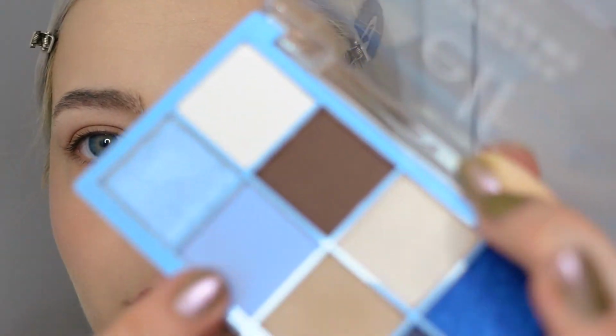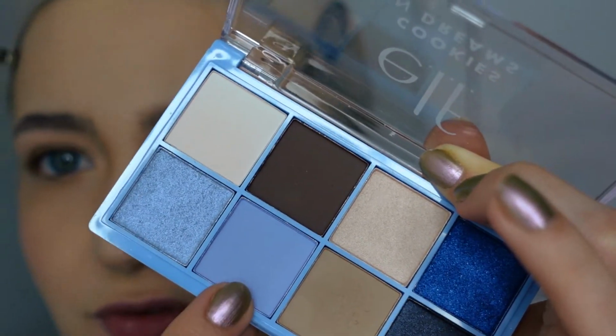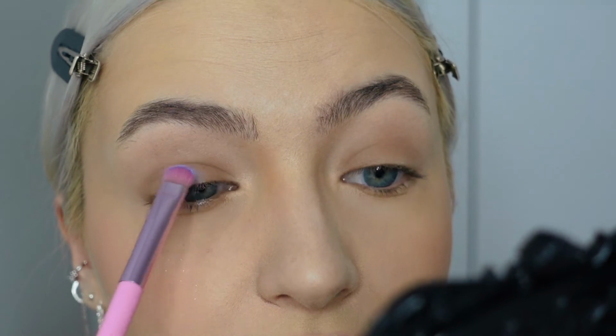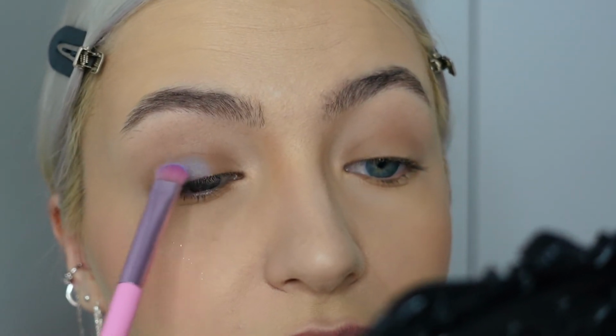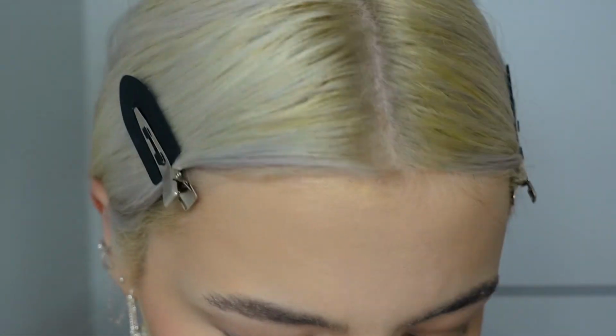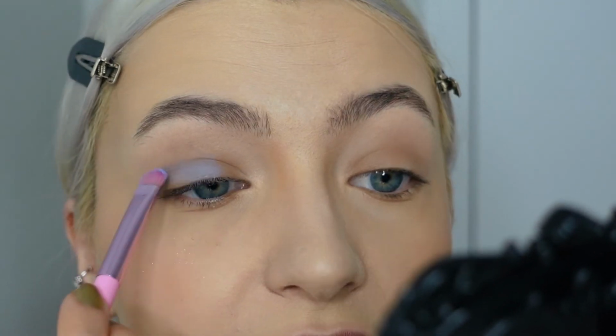So now I think I'm gonna go with this Periwinkle Blue. Is that the name of it? I don't think they have names. No, the shades don't have names, so I'm gonna name it Periwinkle. I don't know where I'm gonna put it, but I'm gonna put it. Not the most pigmented Periwinkle. I have another palette containing this shade, and this is a bit just dusty. It's not bad, it's just not